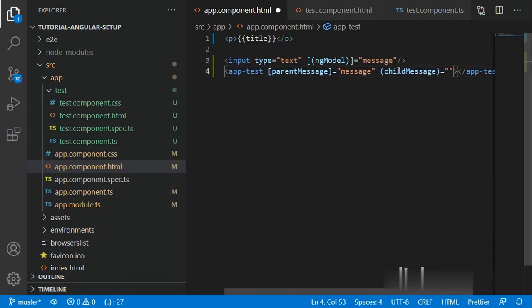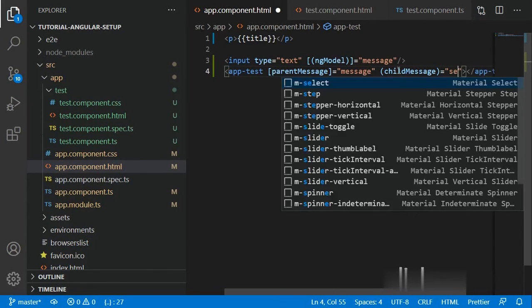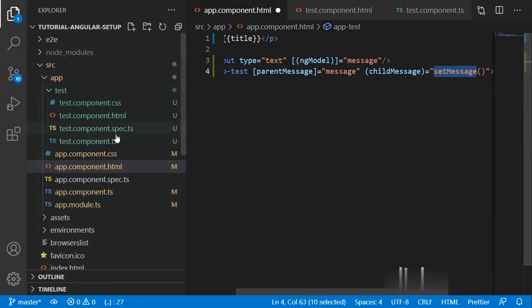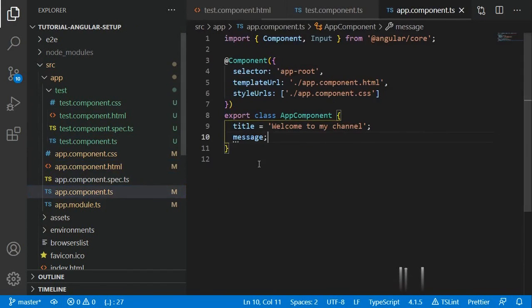Then whenever this event emits, you have to call some function. So set message. You have to define this set message inside your parent component.